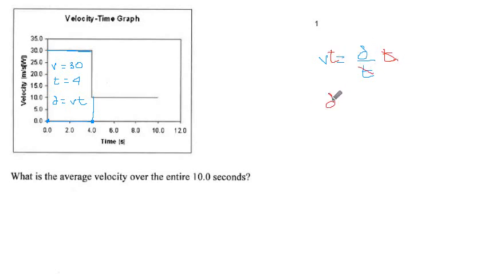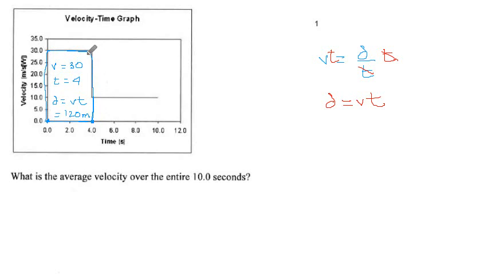Those cancel, and then we get the version that I carry in my head, distance equals velocity times time. So if we follow that, our distance is v times t, so it's 30 times 4. It's 120 meters. Whatever this object is, it goes 120 meters in this first